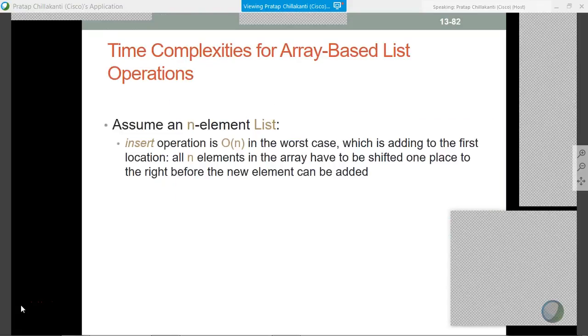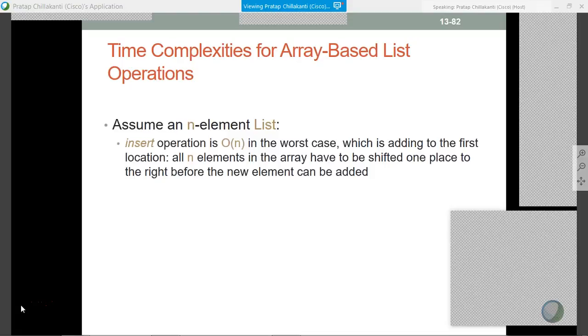Now, look up some C code. I don't know if I gave you C code here or not. Let me check. But when you do these things, ultimately you have to understand the time complexities, right? You are a tech lead. You're working, and your junior programmer came and implemented a stack based on array or based on lists. So you have to do the analysis, right? When you're doing the analysis,